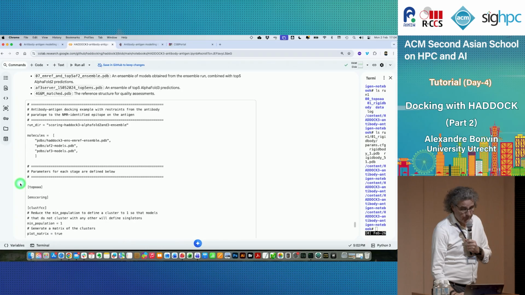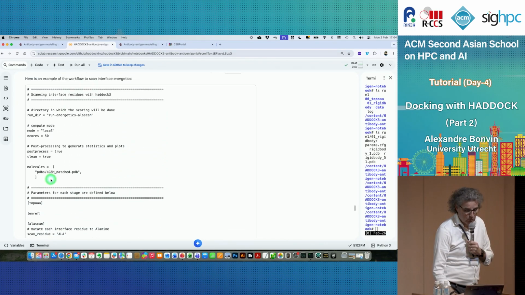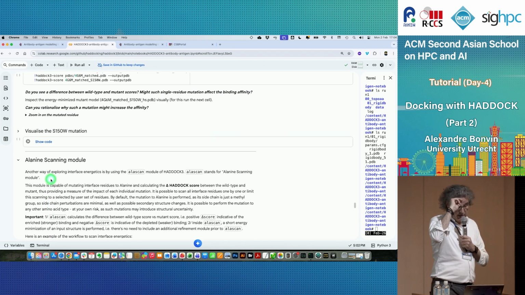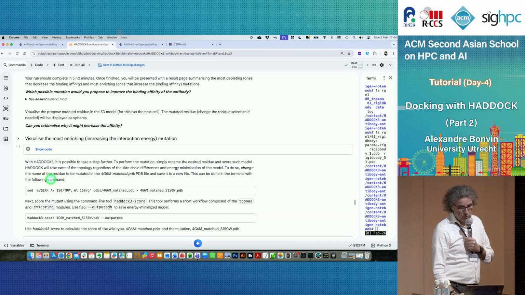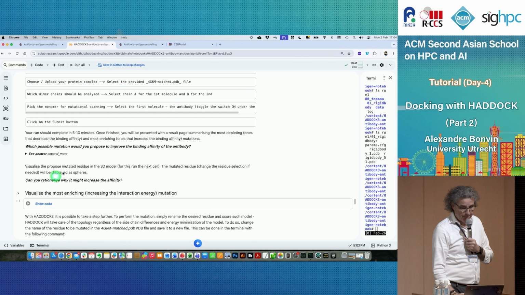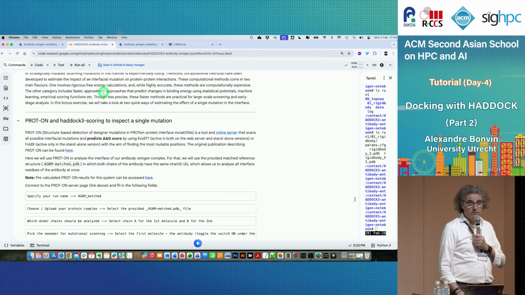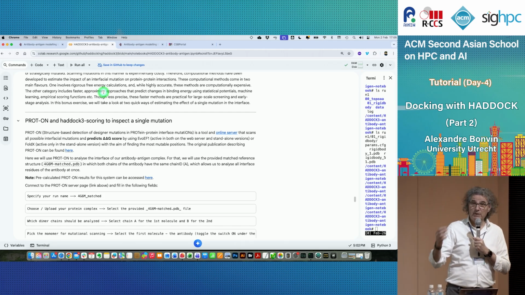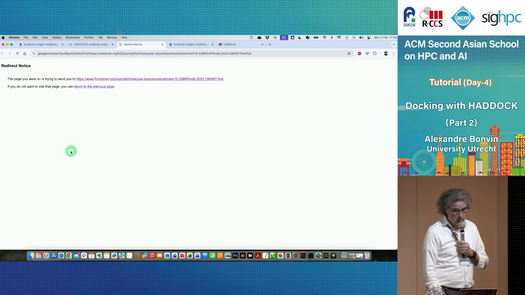And then we're not going to spend much more time on this, but I just want to show you one more thing. So alanine scanning was doing this systematic scanning. But if you want to do everything against everything, there are also tools out there that you can use. There are machine learning models, basically, that are predicting what are mutations. There's Foldix, maybe you have heard of those. Proton is one of those. There's a pre-calculated